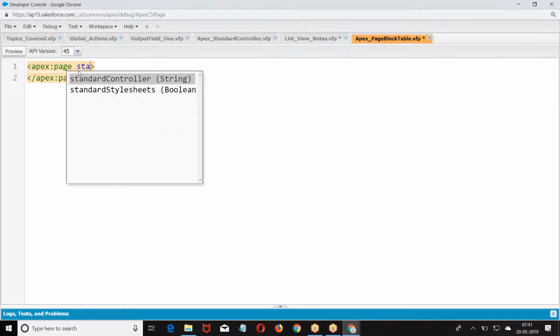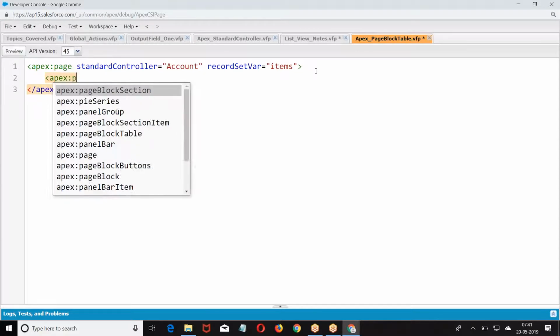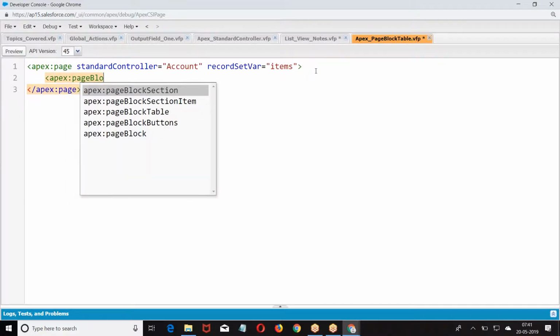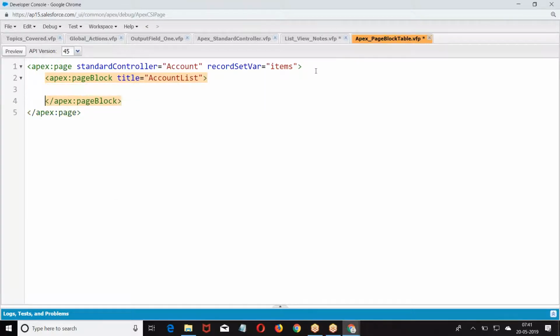First, standard controller equal to account, record set where you can take any variable name. I have taken items. Apex page block title, list of accounts.